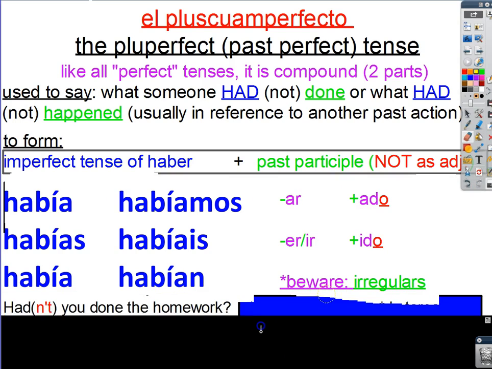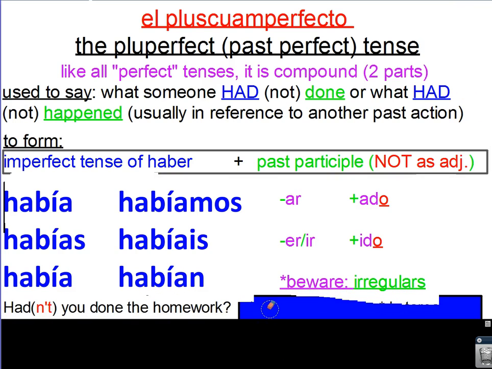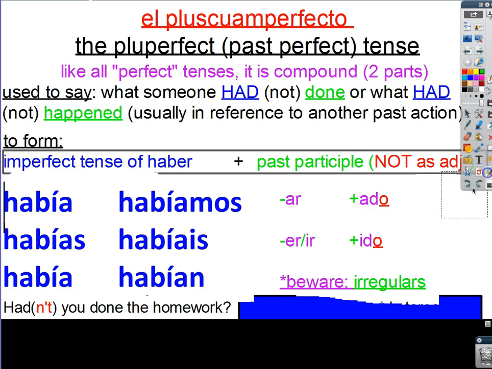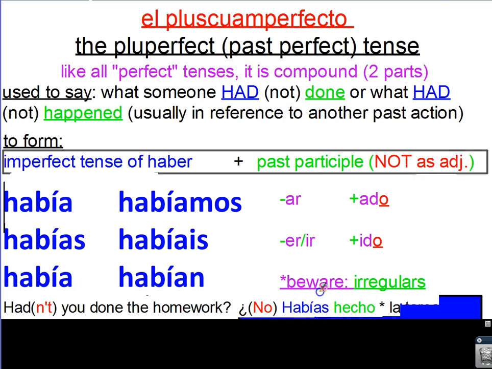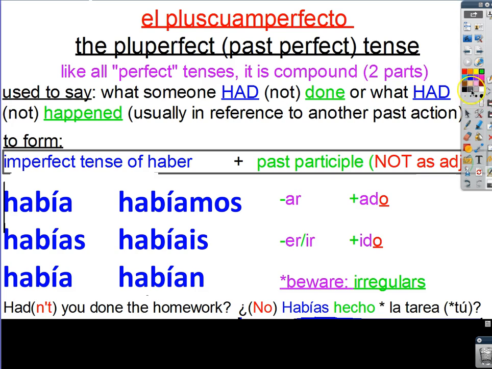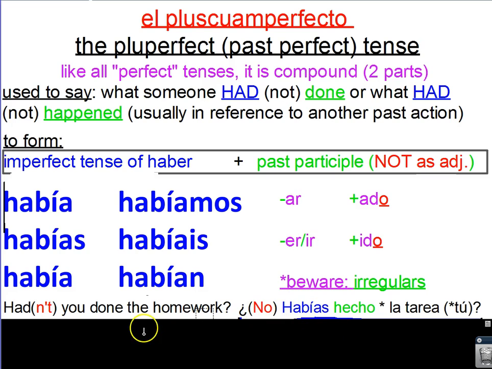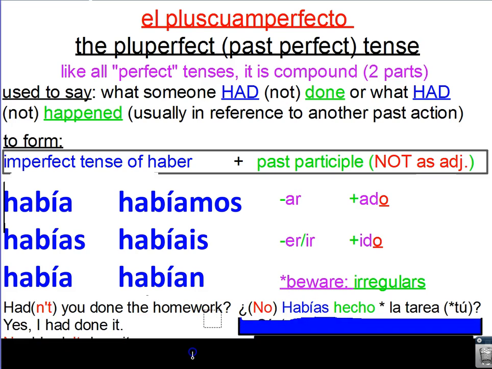Let's try some examples. Like, hadn't you done the homework? Well, I'm going to need the tú form of había, and I would get no habías hecho la tarea tú, because where do subjects go in questions? At the end, or at least after the verb, so tú could go where that star is, or there, and of course you don't need it if it's habías because it can only be you. Hacer has an irregular past participle, which is hecho, and if you want no, it's going to go before the verb phrase. And if you wanted to answer this and say, yes, I had done it,